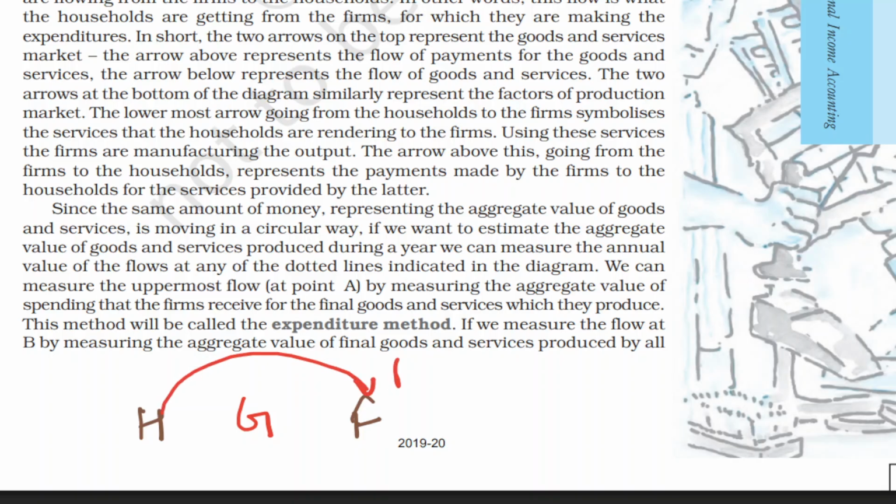Households provide factor services, firms provide factor payment, right? We have understood this in the above diagram, which I recently discussed with you. And the other part also, that firms give you goods and services, and household spends,